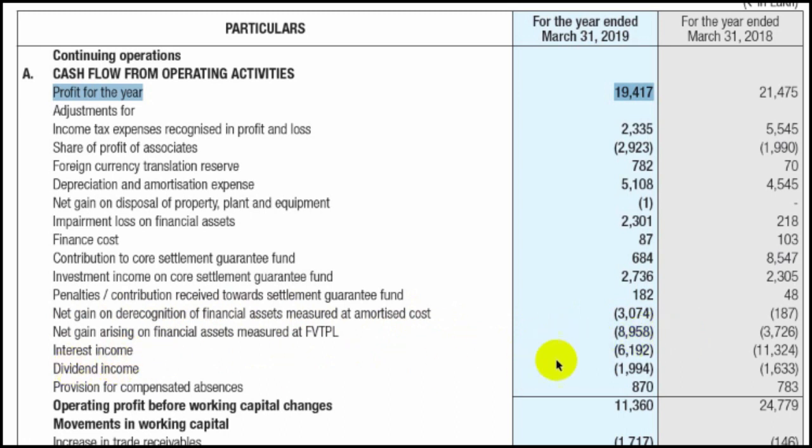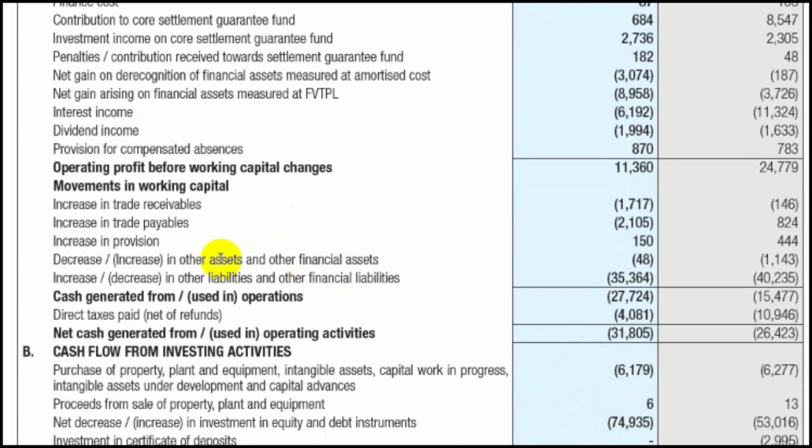Interest income would be removed out. This is not an operating income. Dividend income would also be removed out of 19 crores. So finally, after removing out or adjusting for non-cash expenses and non-operating incomes, we get 113 crores of operating profit before working capital changes. After doing for changes in the working capital, that is, company had to increase its trade